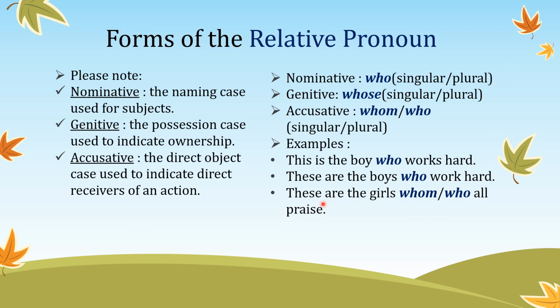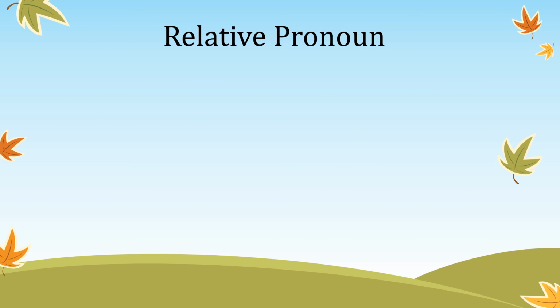So who. These are the girls whom or who we praise. I can use whom or who in this particular sentence as it is focusing on the direct object, or just reversing the action of the sentence. These girls are again getting some praise in reverse, for which I am using the pronoun whom or who. Let us understand the concept much better with each type of pronoun that I am using,